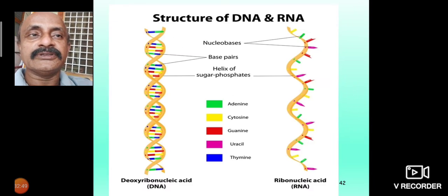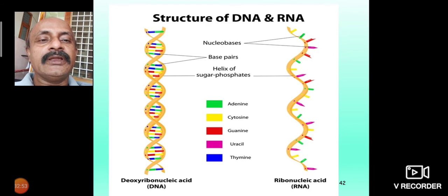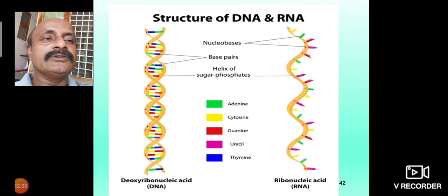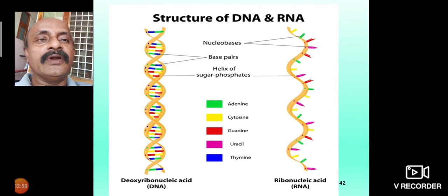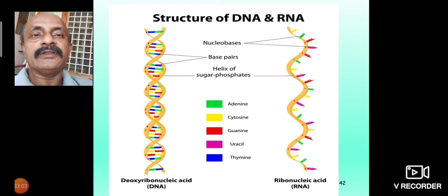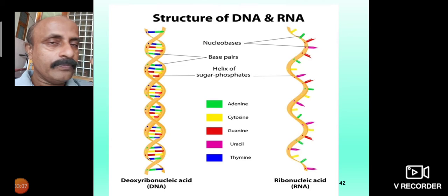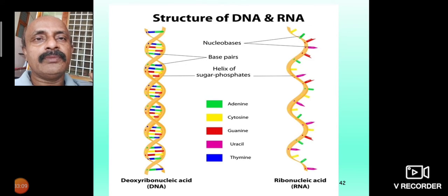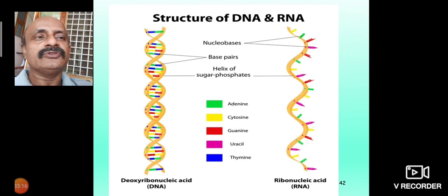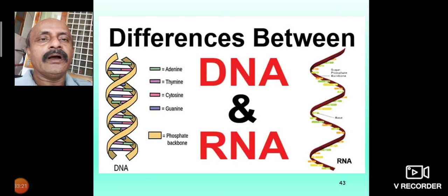These are also major characteristics. Regarding the structure of DNA and RNA, deoxyribonucleic acid and ribonucleic acid: ribonucleic acid has only one thread, while deoxyribonucleic acid has two threads. The two threads combine to form a double helix. The single thread is called the single helical structure of RNA, and DNA has a double helical structure. This is a major difference between DNA and RNA.